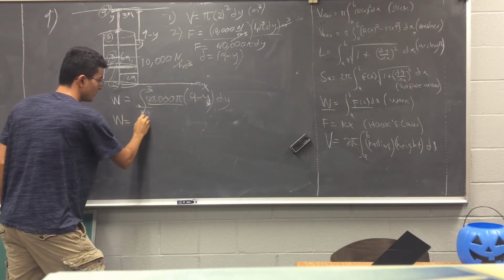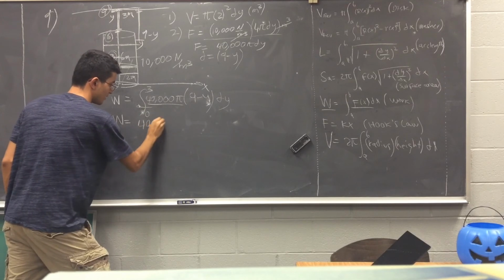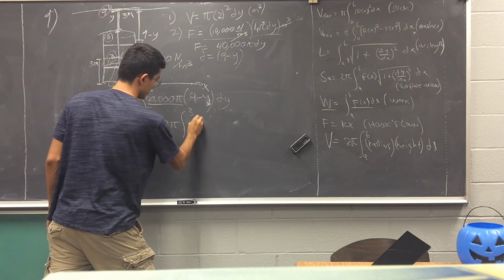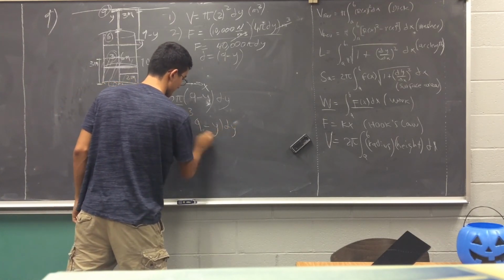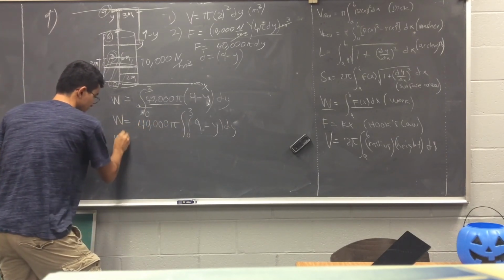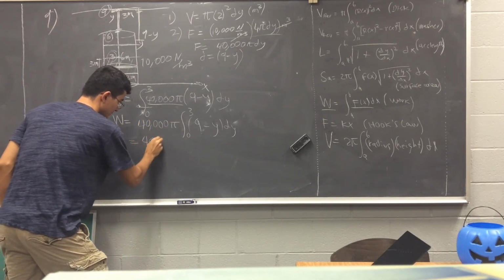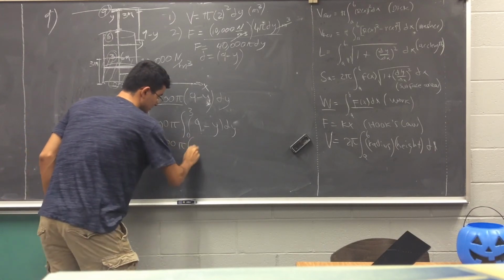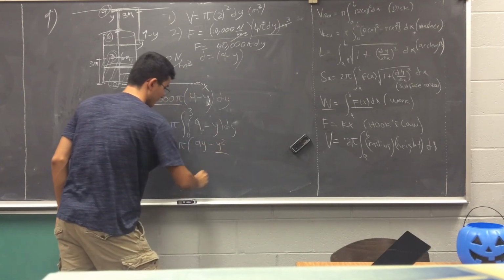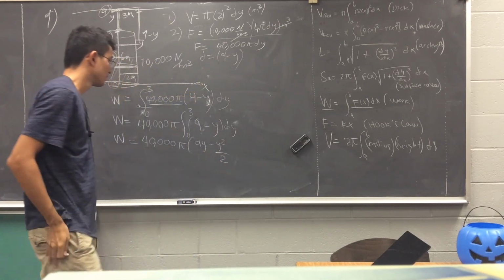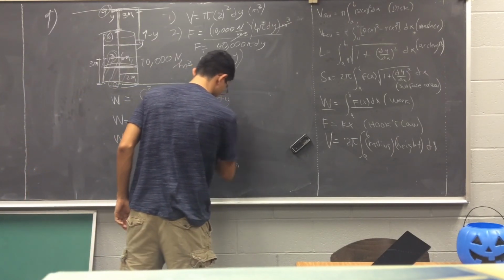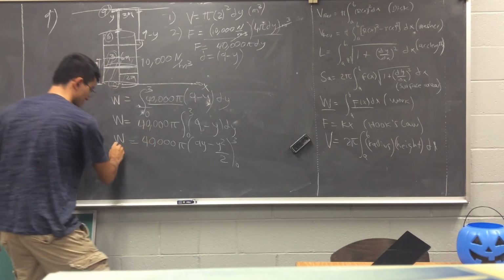Work is equal to 40,000 pi times the integral from 0 to 3 of 9 minus y dy. Now this is a very easy integral to do. That's going to be 40,000 pi times 9y minus y squared over 2. Very good. Now, the limits are from 0 to 3, and we can already plug that in there, so we're going to get work is equal to